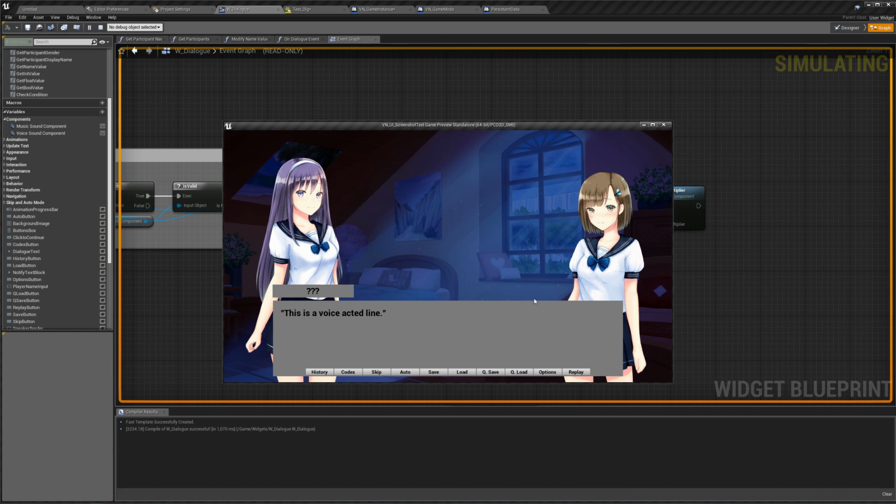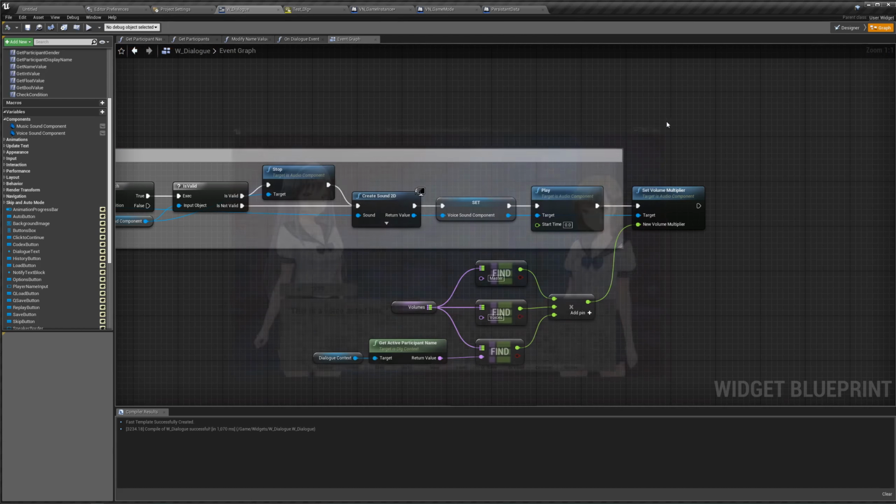We have this music, and if we do a quick save, exit the game, and hit play again, and then load our quick save,